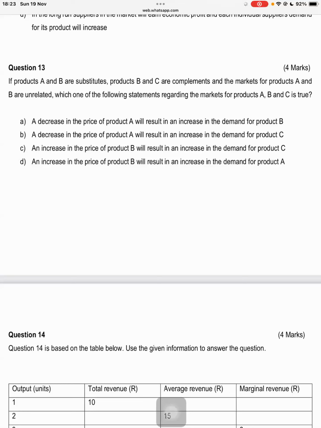Because the minute they say they are in an unrelated market, I'm thinking whether the price of A and B, because if the prices, they don't affect each other. You know what I'm saying? All right. Yes, I get your point of view. So, like I've stated that